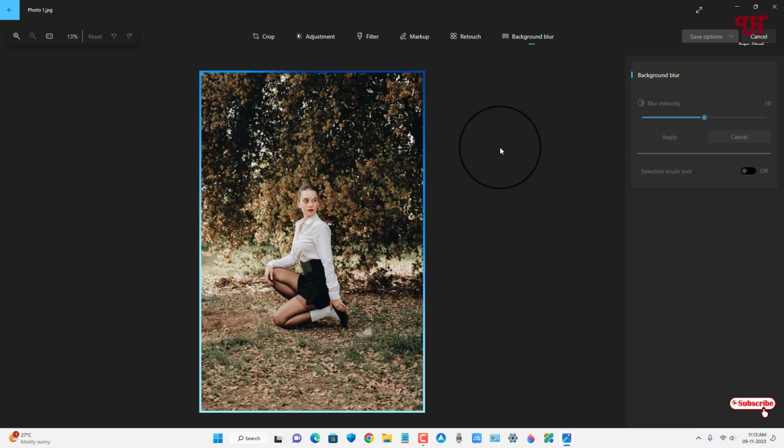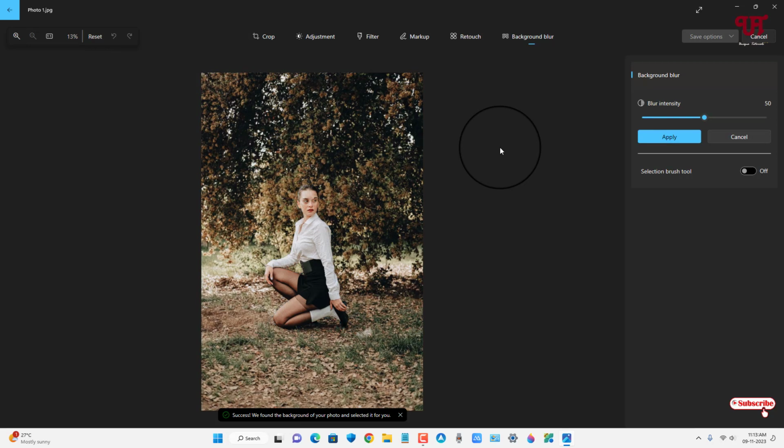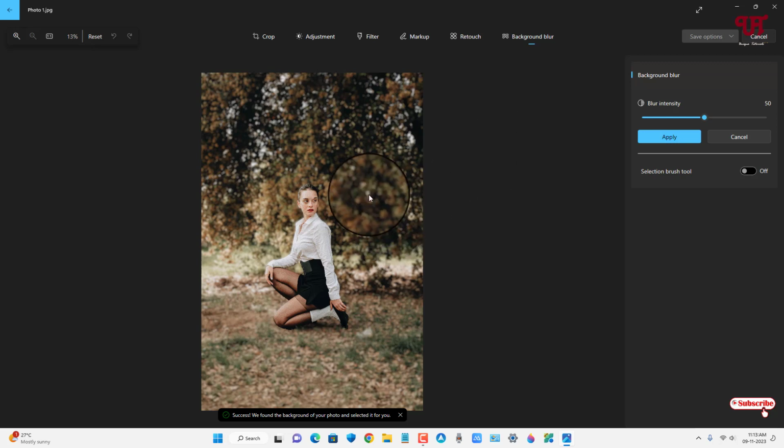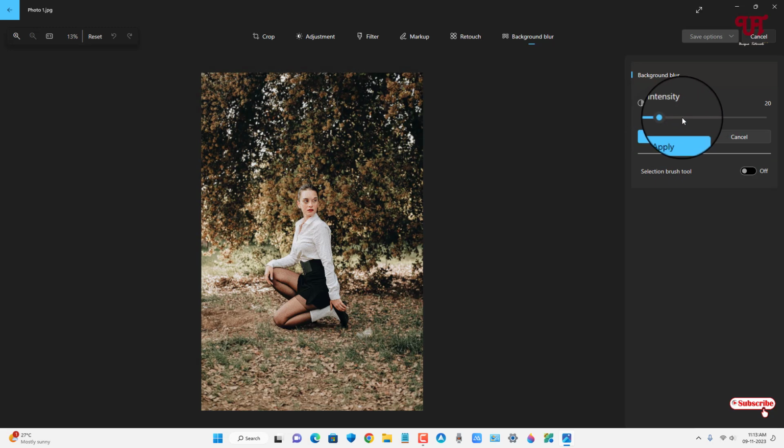Now just click on it. Now it's analyzing, so wait for a few seconds. Voila, now you can see here it automatically detected the human object and it has applied a blurry background effect. So you can see, and you can adjust the blurry effect's intensity also. Here you can see. So once you are satisfied with your blurry background effect, you can just click on apply,